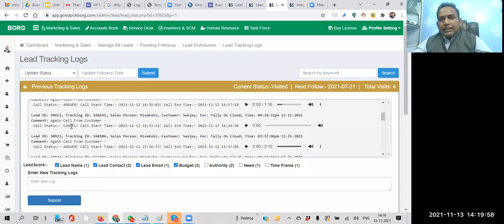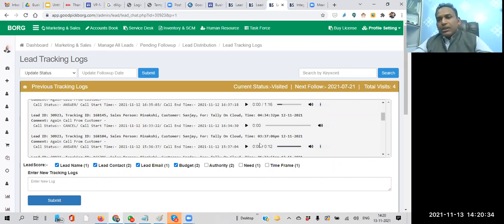In another case, if Meenakshi cancels that call, correct? So you can see here that Meenakshi has cancelled the call. So all records are there. That's the beauty of automation, and we can call it sales automation. So we can ensure whether this is happening or not, and what discussion has been made. So text as well as the recording is made available in the Worksuite. So this is all about the inbound part.